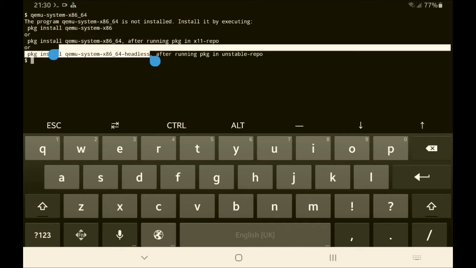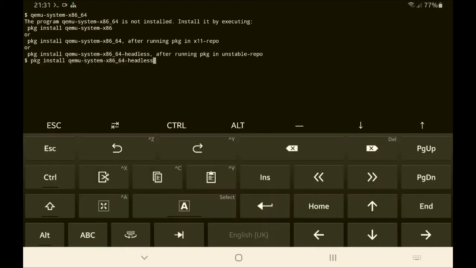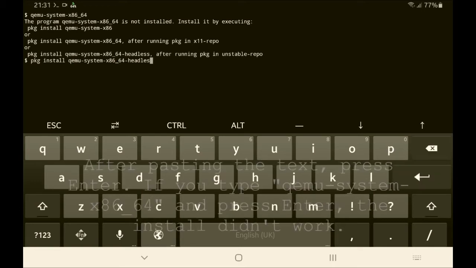Okay, pkg install only, not a comma. So copy it. This is the third one, not a comma. Click on copy, hold this in any browser, and click on paste. Not pasting here because it's not working. So when you press enter,